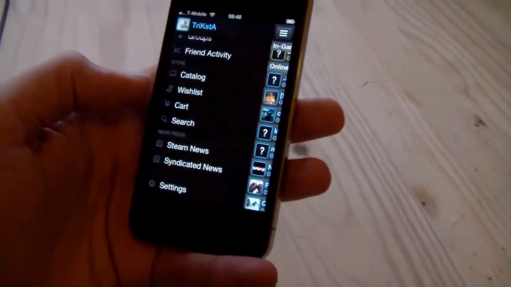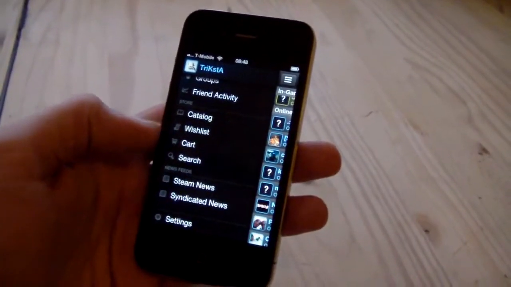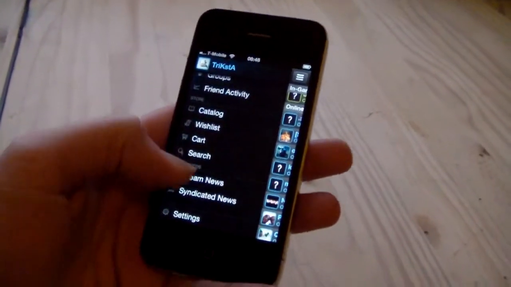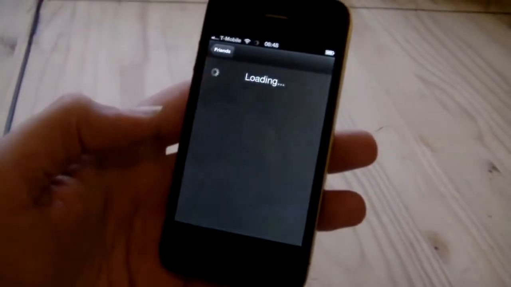What else we got? Wish list. No point going through that because obviously if you had something to wish list you know what it is. Cart, same thing. If you've bought something, so on and so on. You've got a search feature. With Steam news,